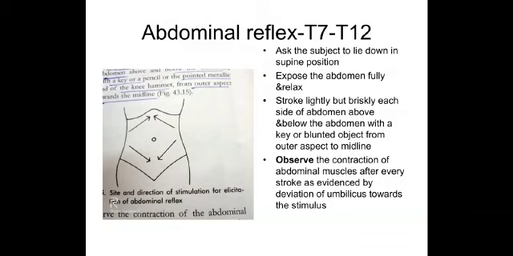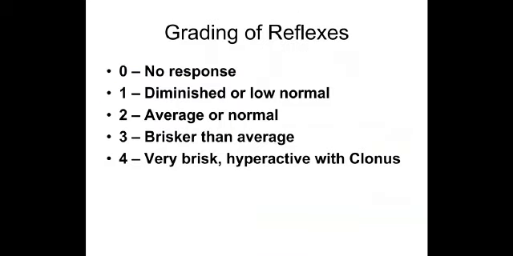The upper abdominal reflex is T7 to T9, whereas the lower abdominal is T10 to T12. The direction of the stroke is given in the site and direction of stimulation and elicitation of reflex. It is impossible to elicit abdominal reflexes in obese, elderly and anxious patients and in multiparous patients.